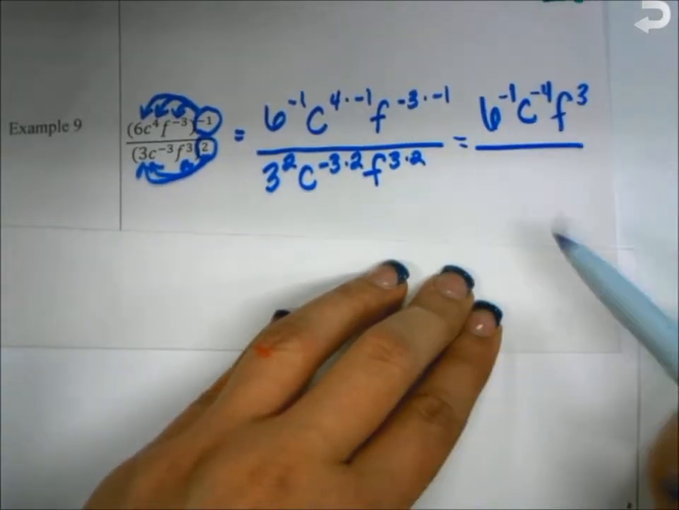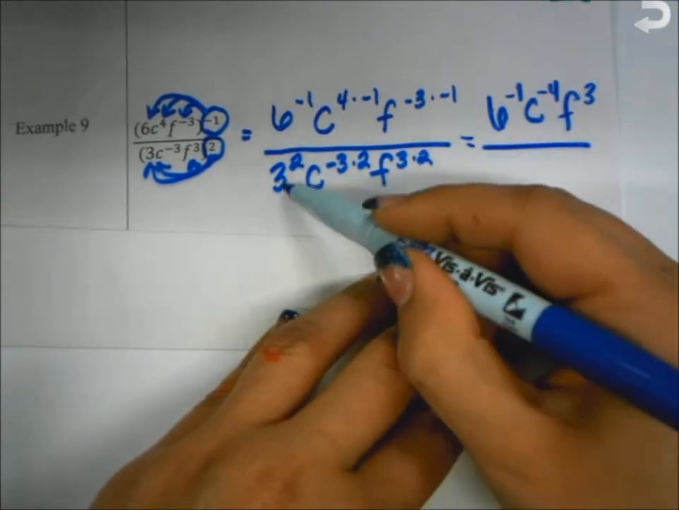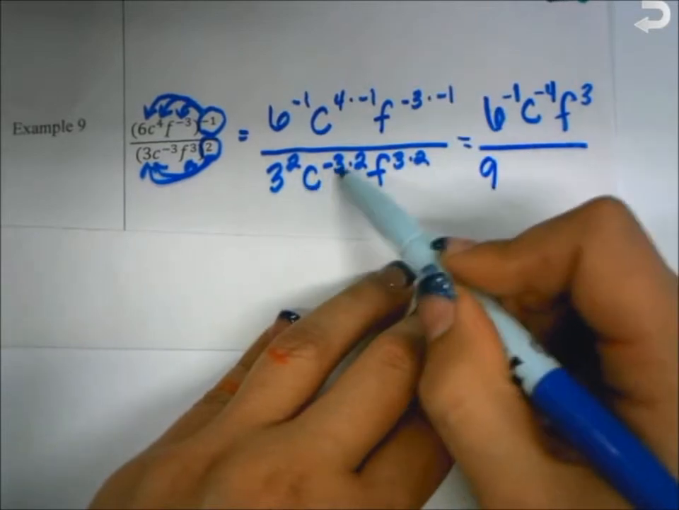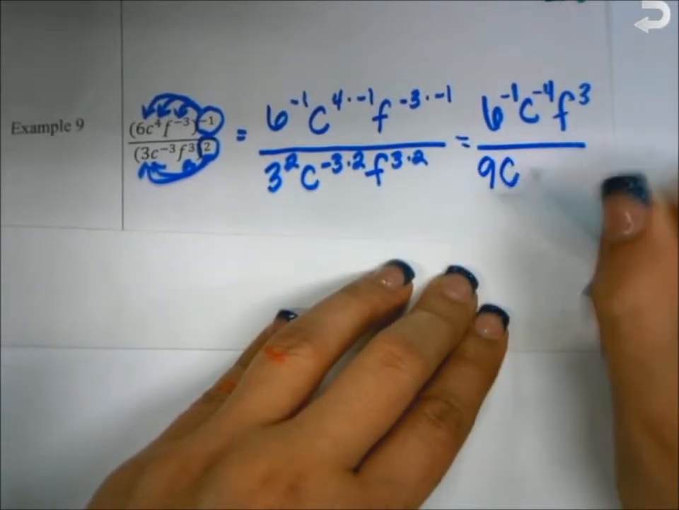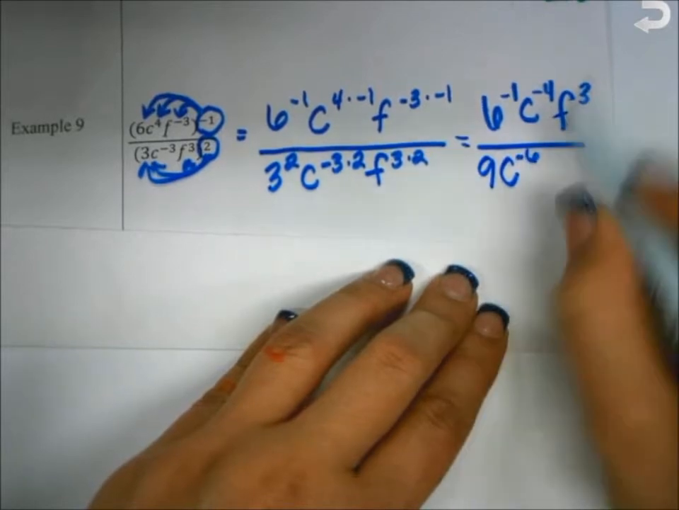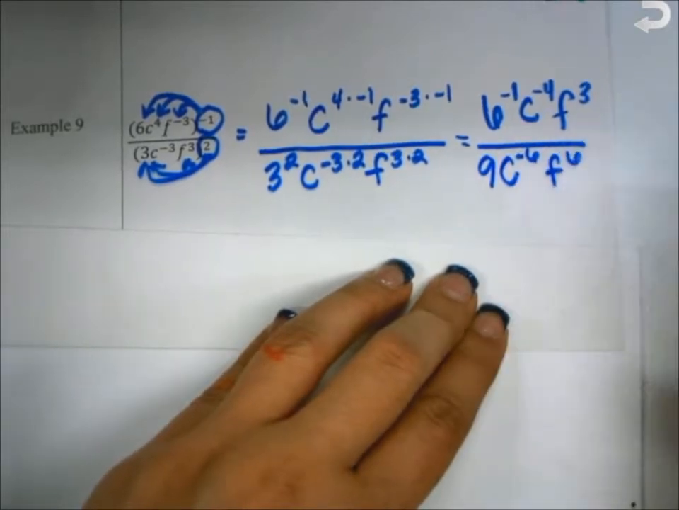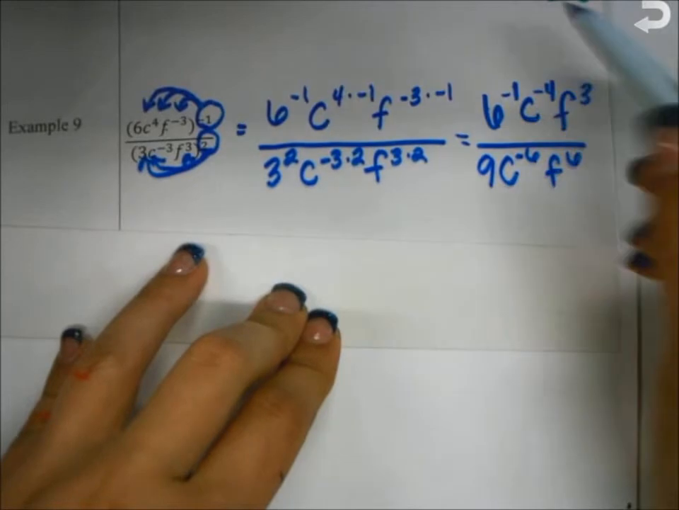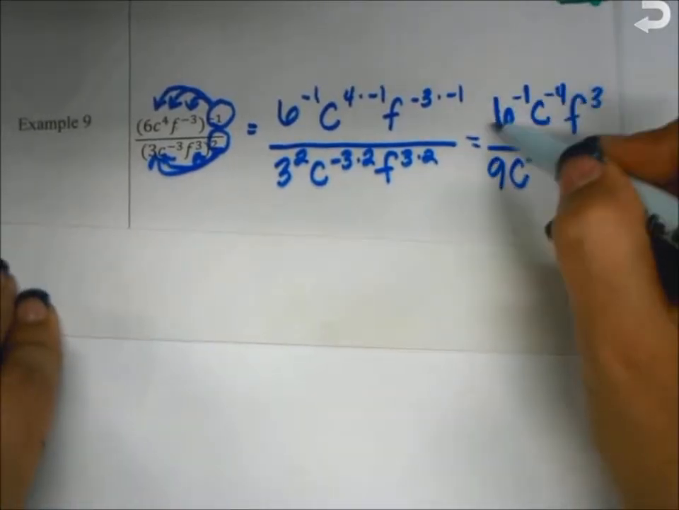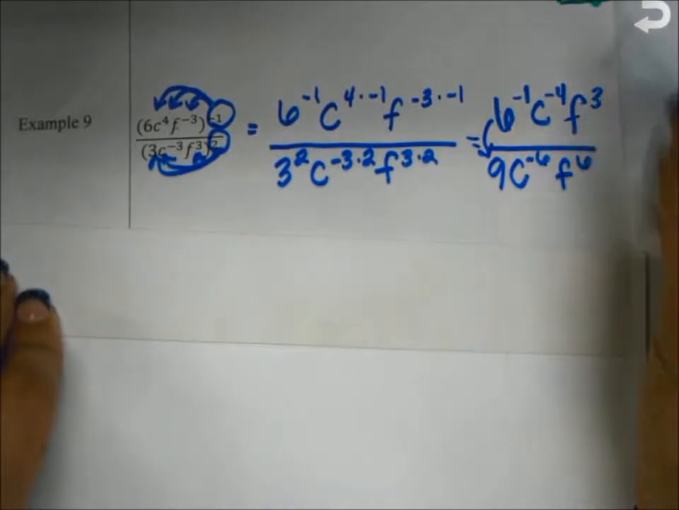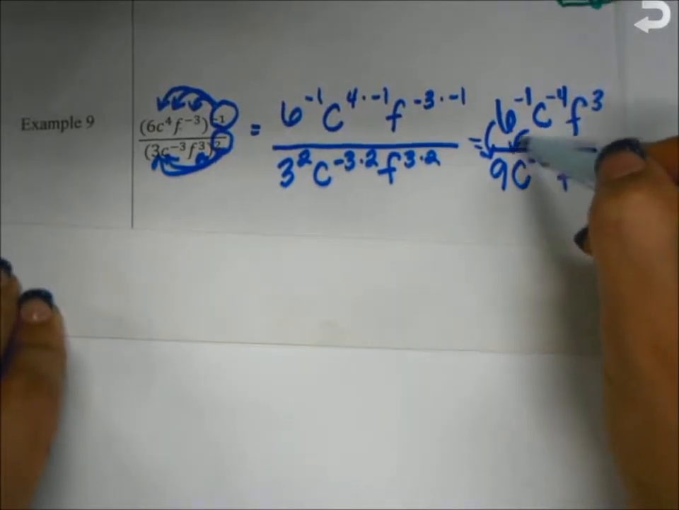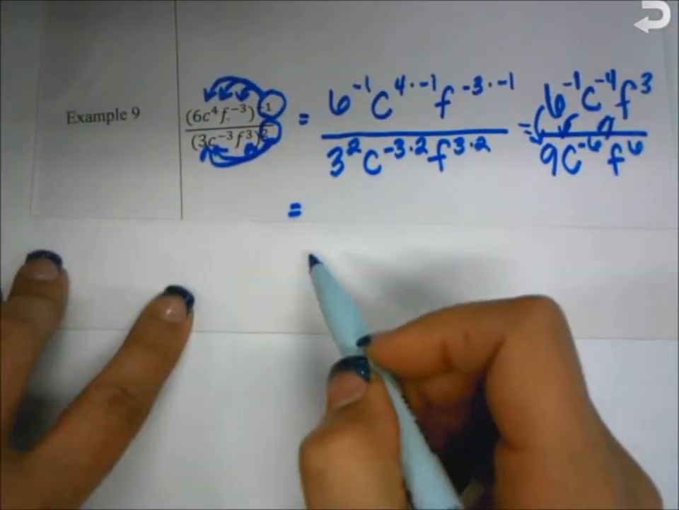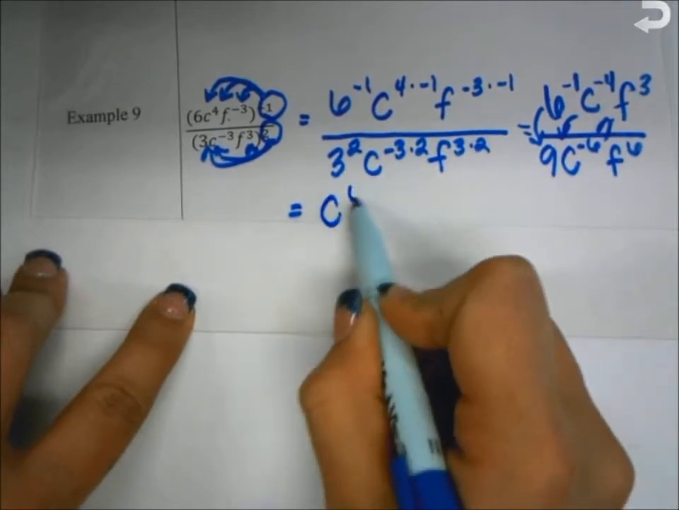c to the negative 3 times 2 gives me c to the negative 6. And f to the positive 6. So now we have some negative exponents that we probably want to move around first. So I'm going to move this 6 to the negative 1 down to the denominator. c to the negative 4 also moves down, but c to the negative 6 moves up. So let's rewrite it all first, and then we'll start simplifying. So in the numerator, now I have c to the 6, because it became positive when we moved it. f to the third. All of that over 6 times 9,